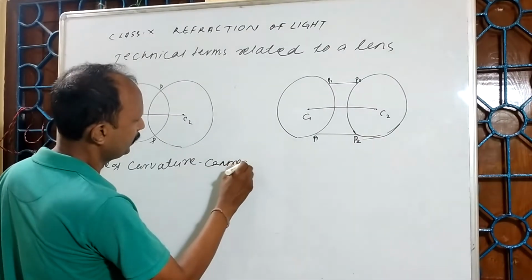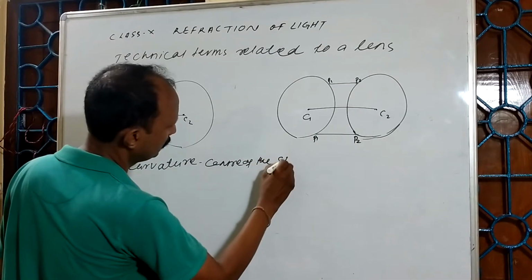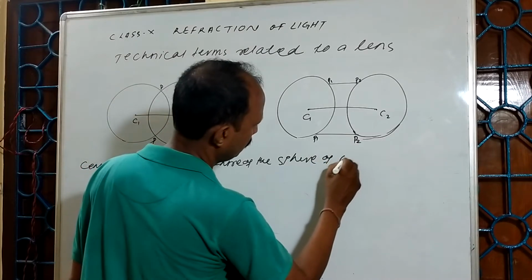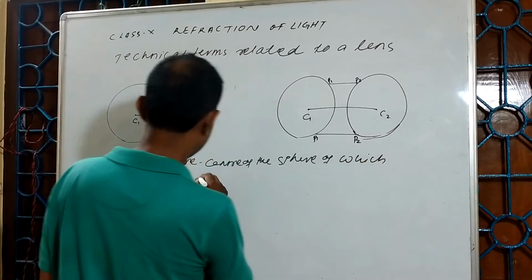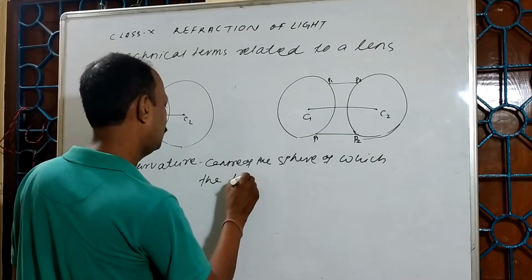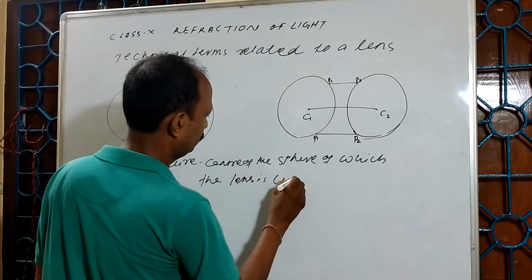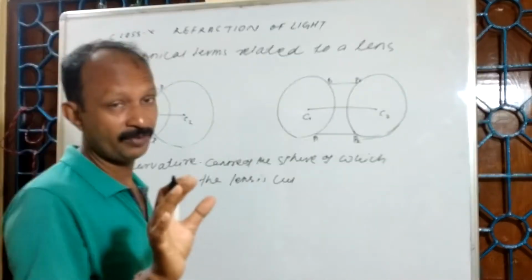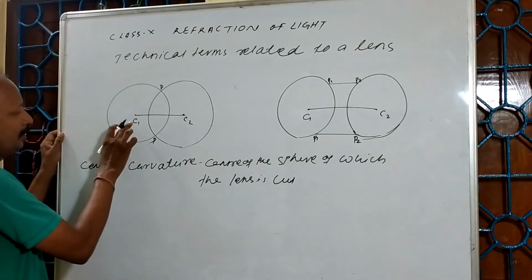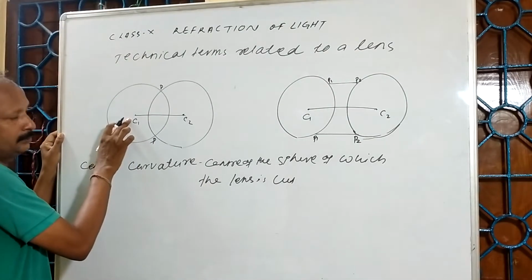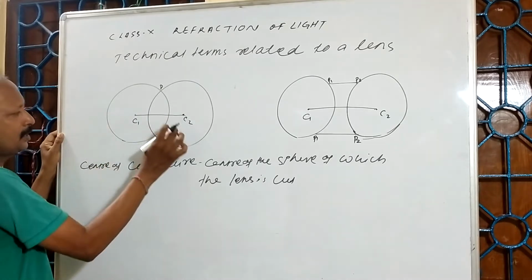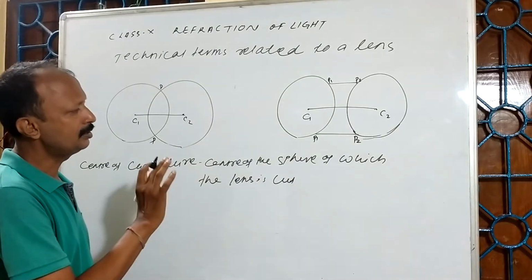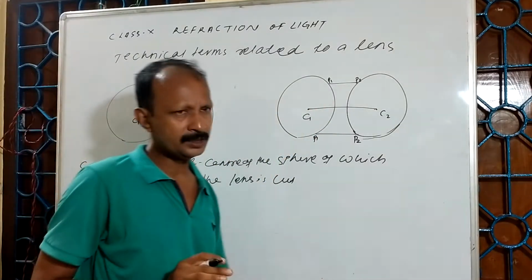So I can say center of the sphere of which the lens is cut, or center of the sphere of which the surface of the lens is a part. You see that C1, it is the part of this sphere. C2 is the part of another sphere. This is the center of a sphere. In case of the